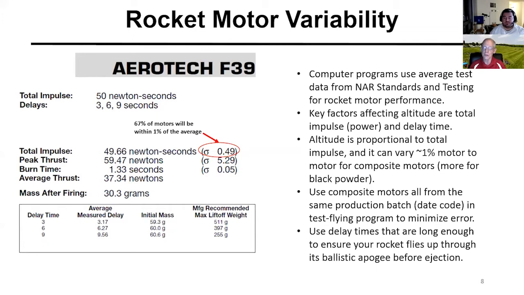And so the only way that you can control for this really is to at least get all of your motors from the same production lot. They'll have the same lot code on them. This can be a little hard to do when you're doing mail order, but if you have the ability to group your rocket motors in like production lots, then motors within a single production lot have far less variability motor to motor than motors between different production lots. And composite motors, the kinds Aerotech makes, or Cesaroni, are more repeatable than black powder motors. Black powder motors are the ones Estes makes, good motors, but the variability of composite is a bit less. So it's more repeatable performance.